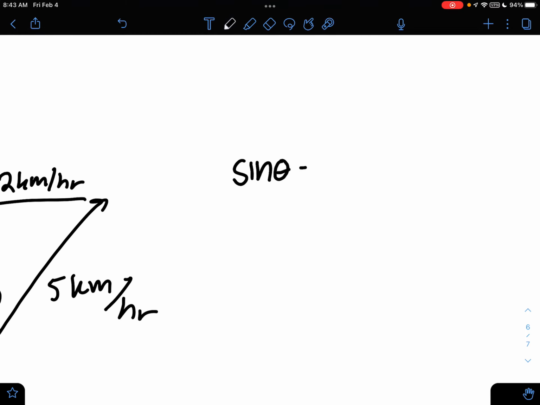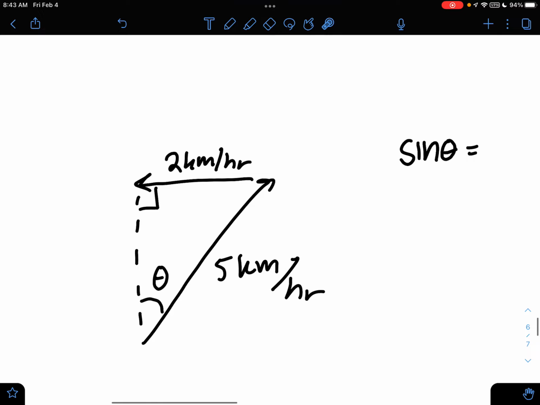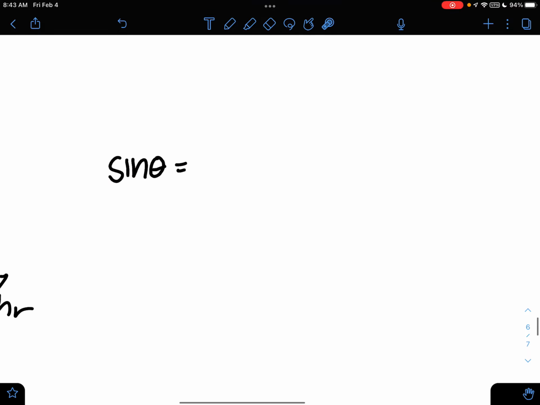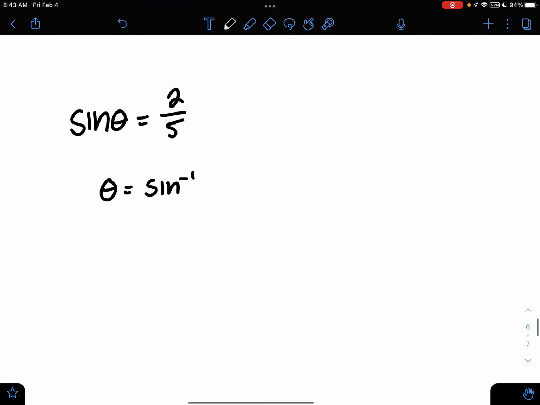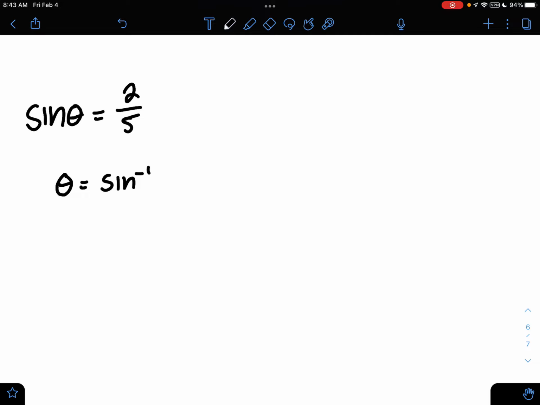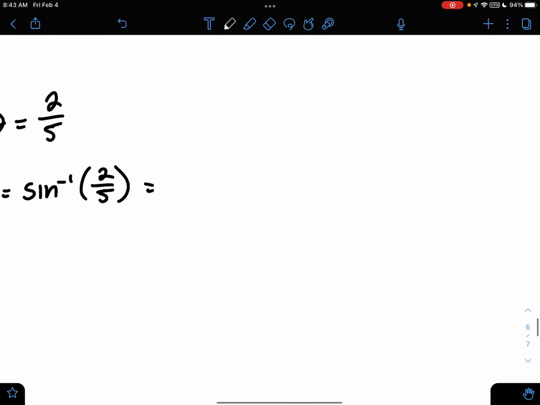Sine of that theta is going to equal opposite over hypotenuse, which is just going to be 2 over 5. So our theta is our sine inverse of 2 over 5, which is going to be roughly